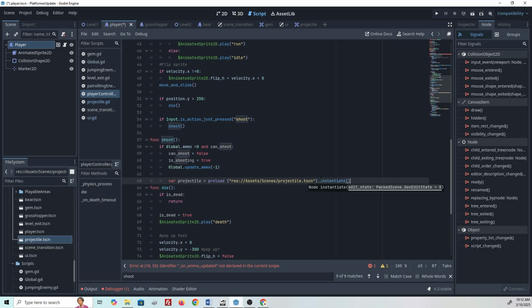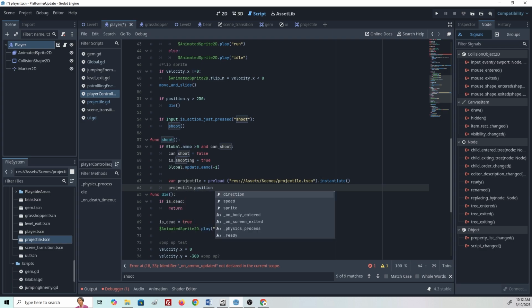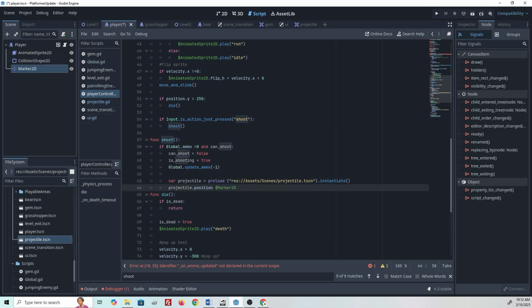There we go. Projectile.position, and we're gonna look at the marker position. I gotta fix that too. All right. So projectile position is gonna be equal to our marker 2D dot global position,